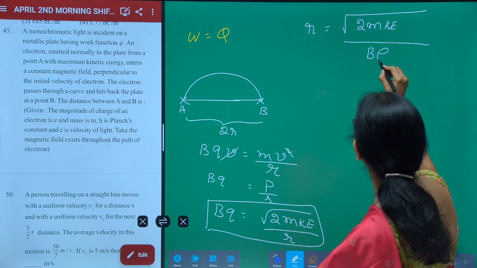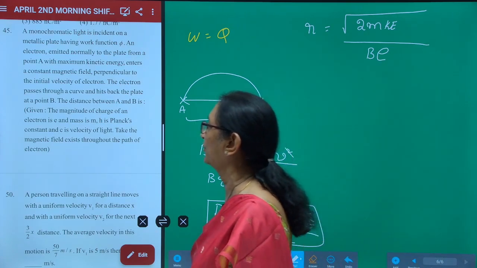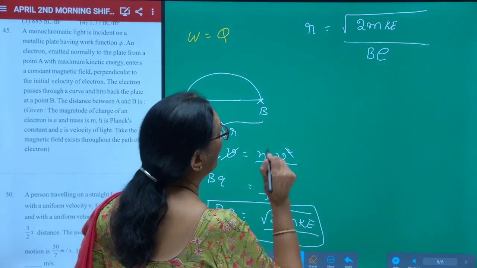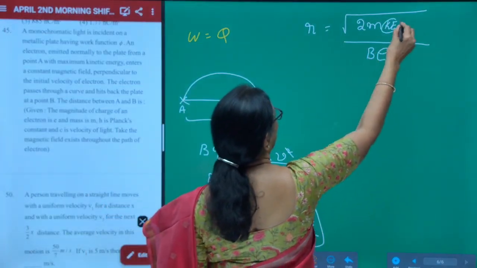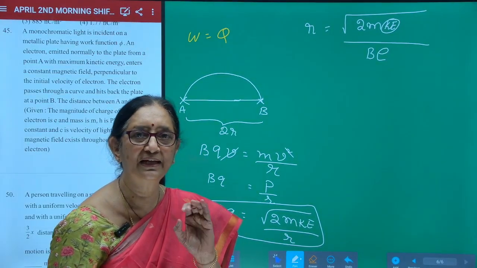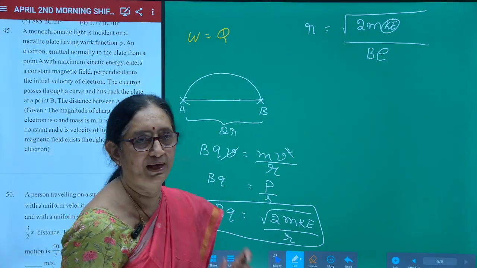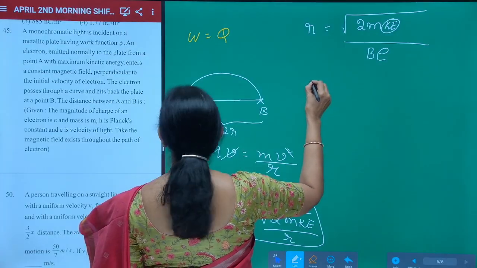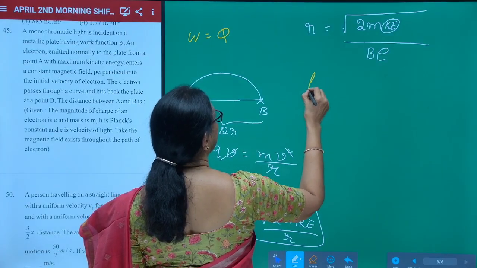Q is the charge of the electron, because here electron is given, so electron charge. Now, what is this kinetic energy? Kinetic energy is the kinetic energy of the emitted photoelectron. From Einstein's equation, what do we know? H here,